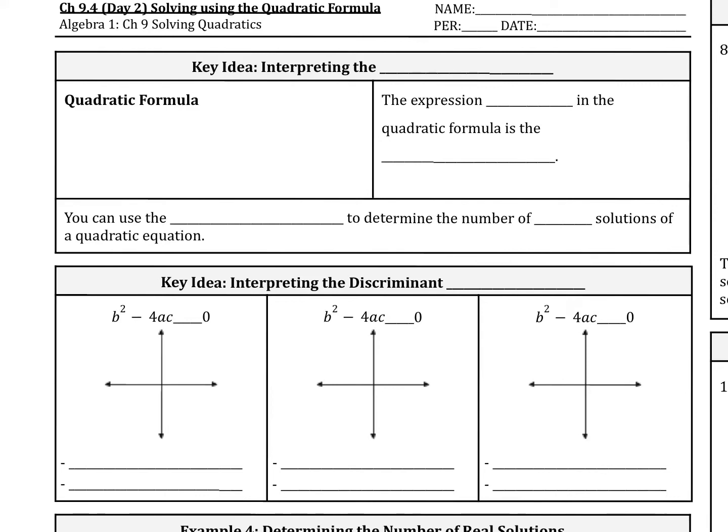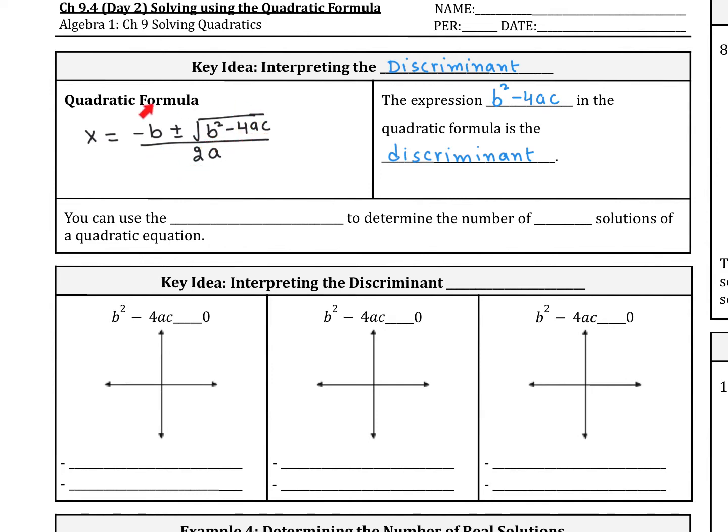Chapter 9.4, Day 2, Solving Using the Quadratic Formula. Key idea, interpreting the discriminant. Quadratic formula. The quadratic formula is x equals negative b plus or minus square root of b squared minus 4ac, all over